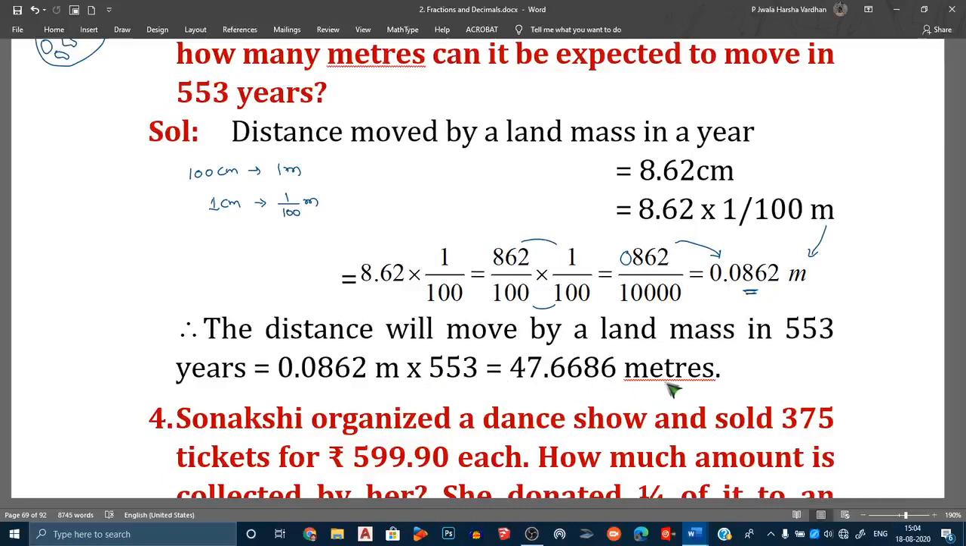47.6686 meters. 47 meters is a big distance. So this much distance they will have drifted in 553 years. Okay. Next,